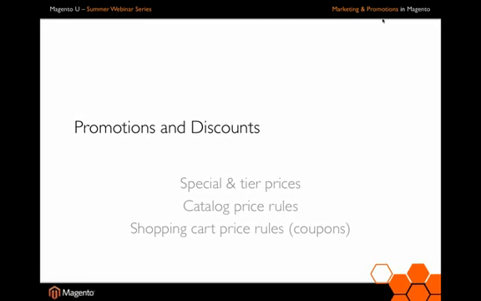And finally, we have something called shopping cart price rules that allow you to change the price. This is where coupons can be applied. Coupons do not apply to the special and tier prices or to the catalog price rules, but you can use coupons in conjunction with shopping cart price rules so that when somebody adds something to their cart, you may or may not require them to enter a coupon,